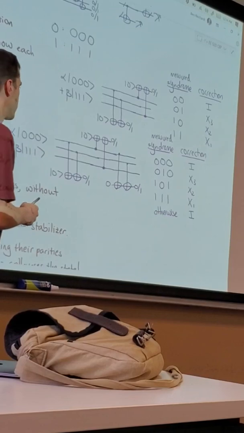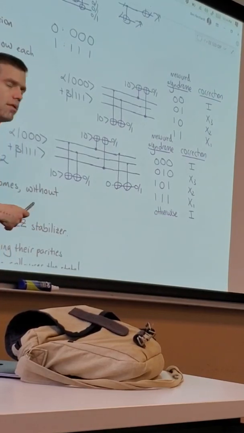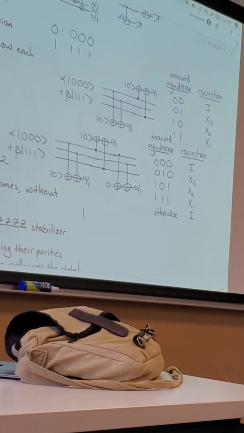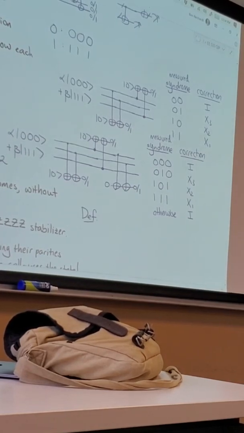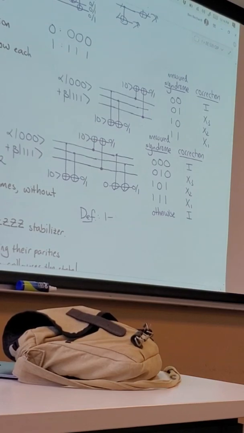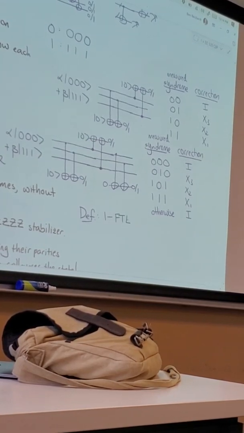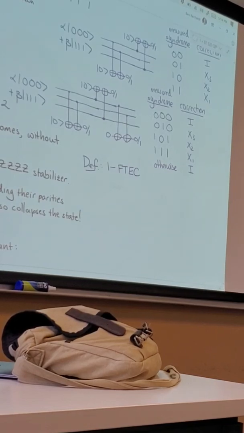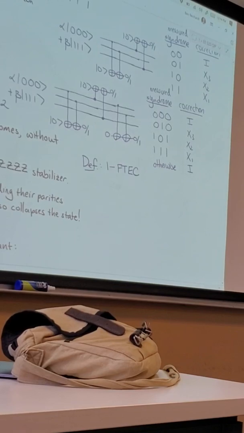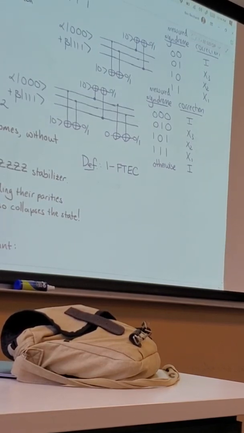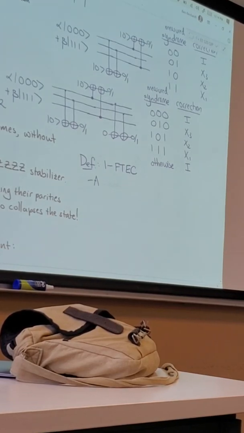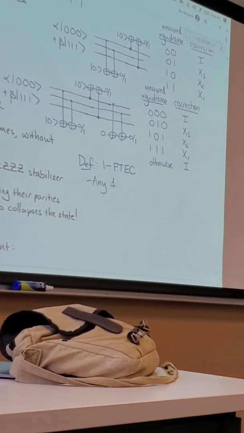And so what we say is that, okay, let me write out a definition. So I'll say one-error fault tolerant error correction. So one error fault tolerant, one fault tolerant error correction. What it should do is, see if this makes sense. Any one fault